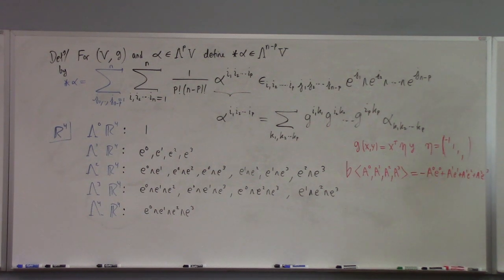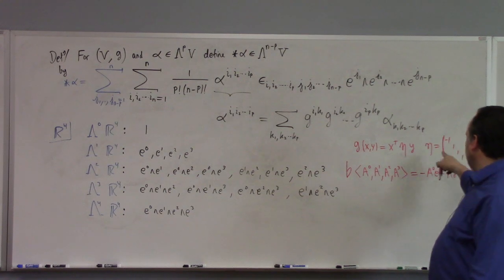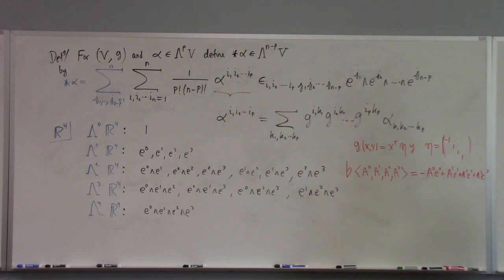The minus is because of this minus here. When you work it out, that's what happens. So like the sharp